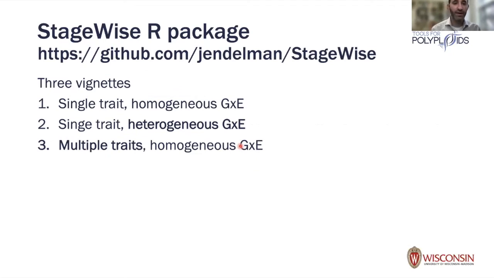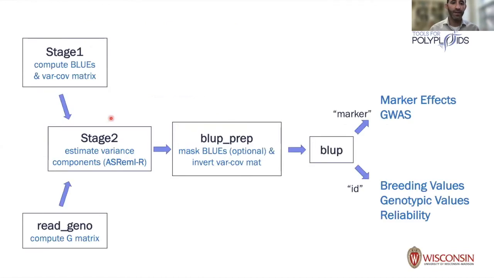What we're going to focus on right now is the analysis of a single trait under the assumption of homogeneous G by E. That means that you assume that the genetic correlation between your environments is the same, which would be a reasonable assumption, for example, if you had multiple years of data at a single location. And that's the kind of data set that's used in the first vignette. Here's an overview of the 5 functions that are in the package, which we're going to go through in more detail. So the package starts by using the function called Stage1, which, as I just described, is designed to